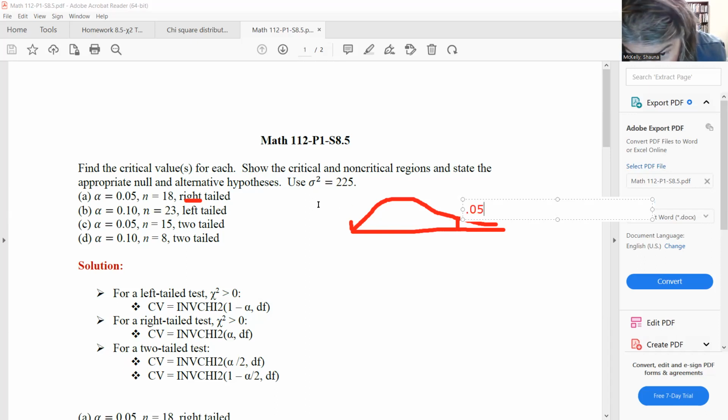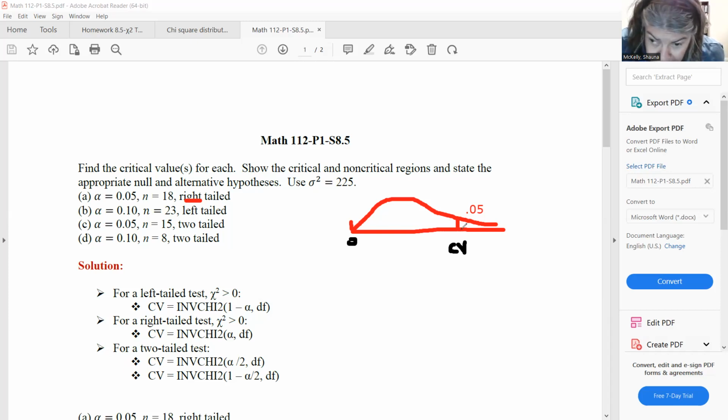And remember also that chi-square values are not negative, we're starting here from 0. Okay. Now, we don't know what this chi-squared value is. We don't know what this CV is. We want to find that. Okay. N is 18. When we don't know what a value is and we have an area, we use an